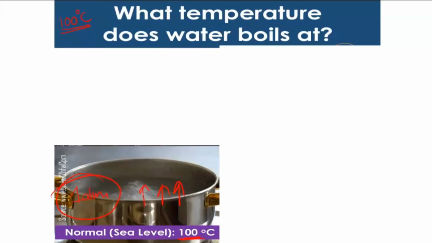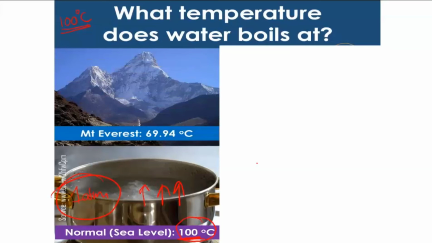So 100 degrees Celsius when they are at normal sea level. But if you go to different places I've just mentioned, it's not important for you to know the temperatures and all that. It's just for you to get clarity on this idea of boiling point. If you go to Mount Everest, as you go to a higher level,